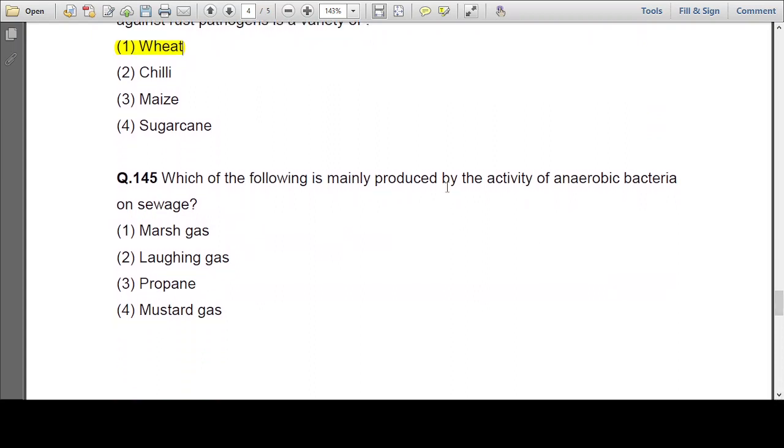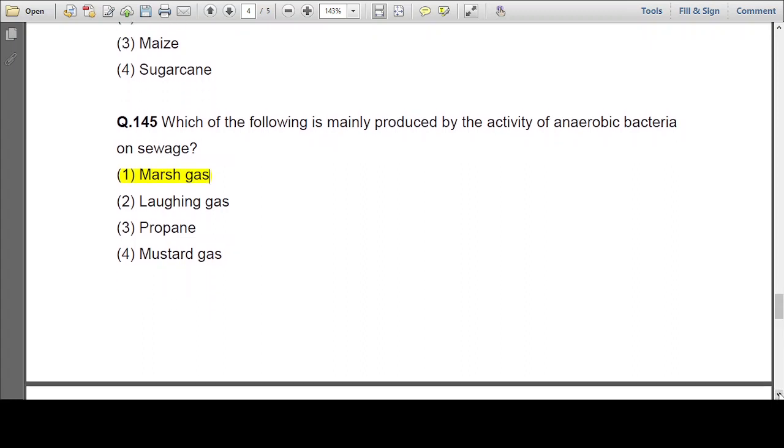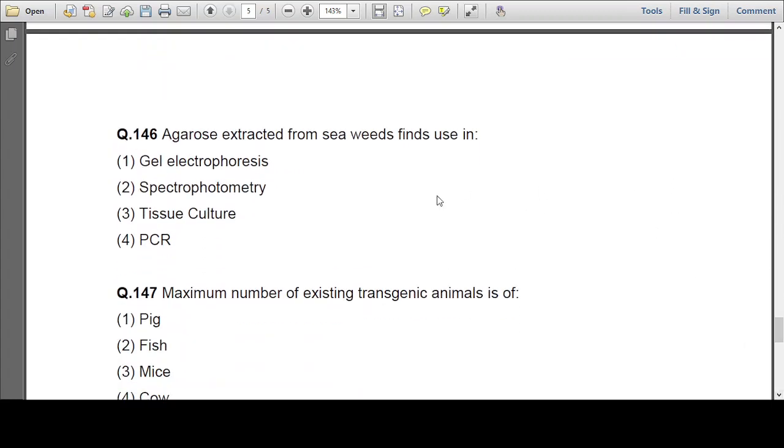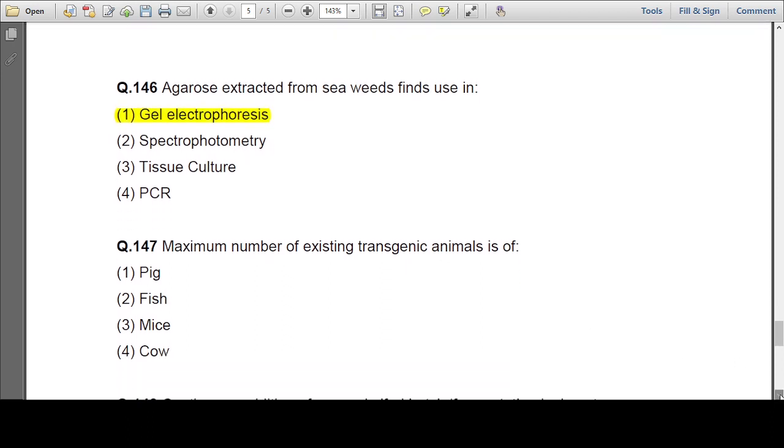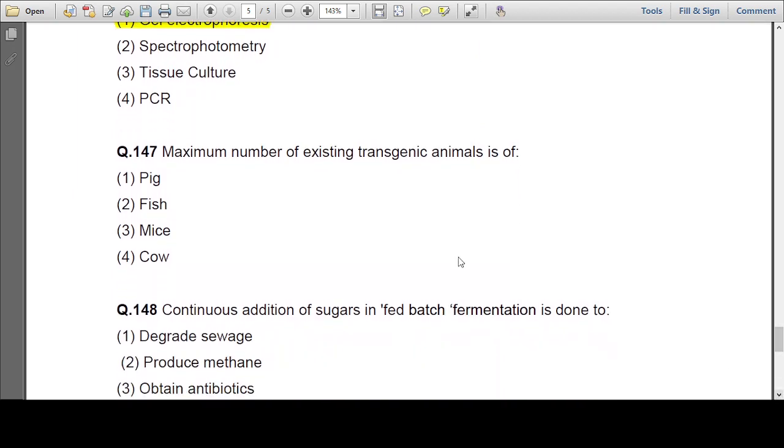Which of the following is mainly produced by the activity of anaerobic bacteria on sewage? Yes, it is marsh gas. So this is a very simple question. Now on to 146. Agarose extracted from seaweeds finds use in gel electrophoresis. Again, a very simple question. Now 147. The maximum number of existing transgenic animals is of mice, because mice are often used